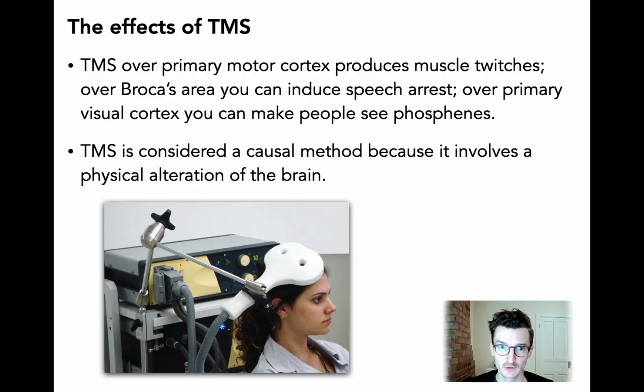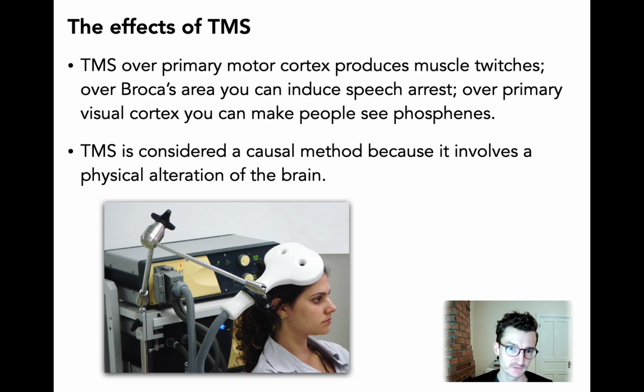So as you saw in that video, the reporter was receiving TMS, and it was causing muscle twitches. So if we stimulate motor cortex, we can actually cause movements of your limbs. If we stimulate over Broca's area, we can induce speech arrest. If we stimulate over the right side of your brain, the frontal lobe, we can actually cause song arrest, which is what you were seeing in that video. If we stimulate primary visual cortex, we can make you see flashes of light, which are